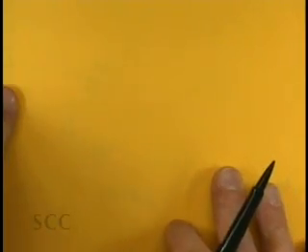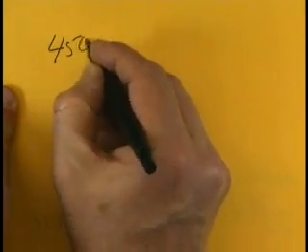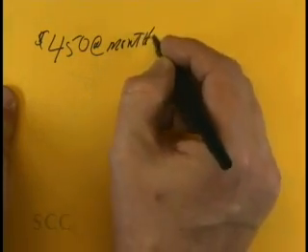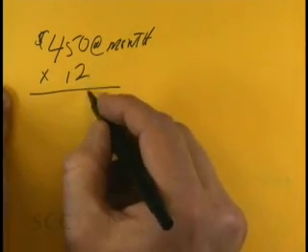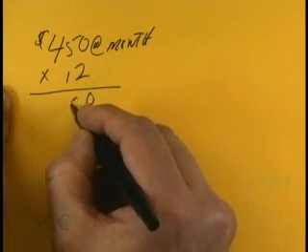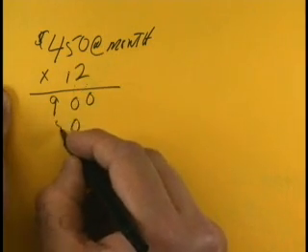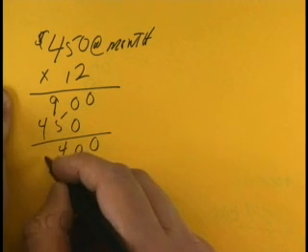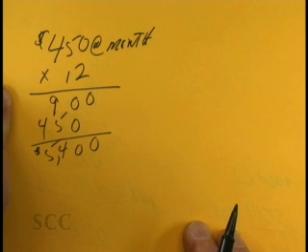So what I'm going to do here is take the amount that I am paying per month, which is $450 a month, and multiply that times the number of months. I'll just do the math. 2 times 0 is 0, 2 times 5 is 10. 2 times 4 is 8, and 1 is 9. 1 times 0 is 0. 1 times 5 is 5. 1 times 4 is 4. So that means 0, 0, 9, 5 is 14. That means that she is getting $5,400 per